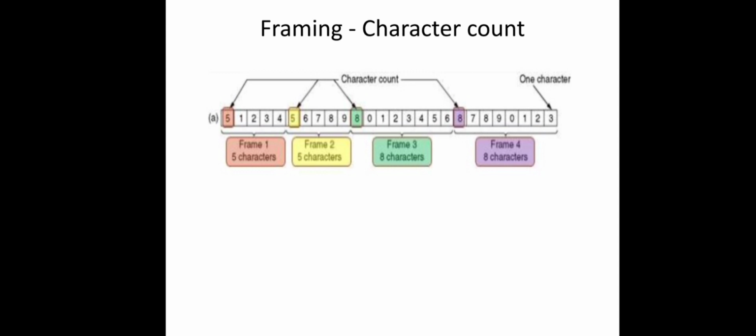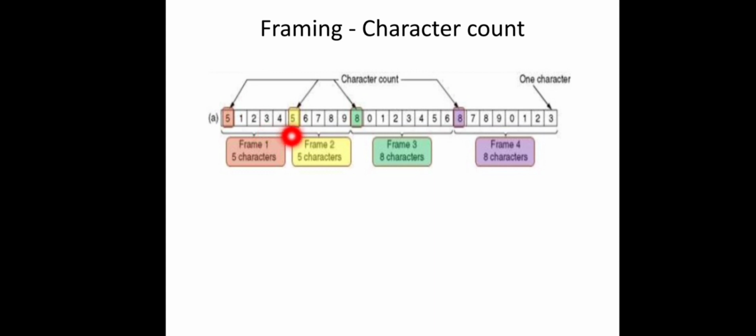You can see in this example, we attach the character count of a particular frame as the first field of that frame. So here the character count is 5. That means there are 5 characters in total in this frame. Upon receiving this frame and checking the first field of the received data, the data link layer will understand that there are 5 characters for this frame. This is the end of the frame. Here it can cut and compute the checksum. And the next field will be the character count for the next frame, like that. So this method is very simple to implement, right? Just the character count is enough to frame.